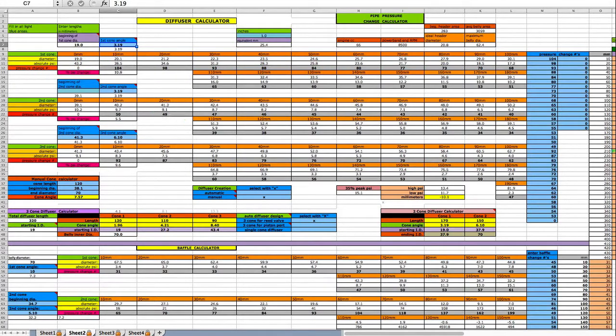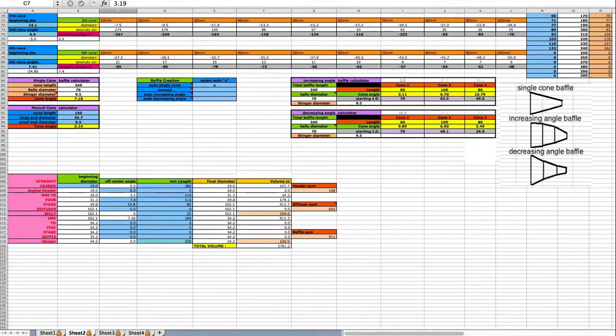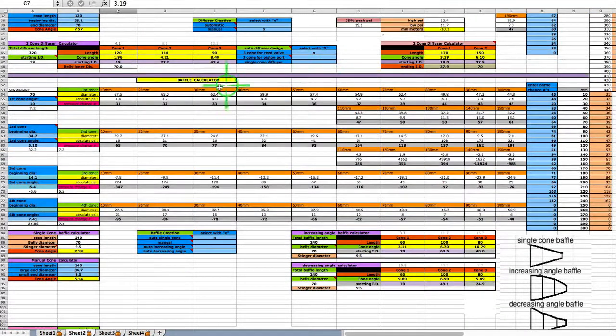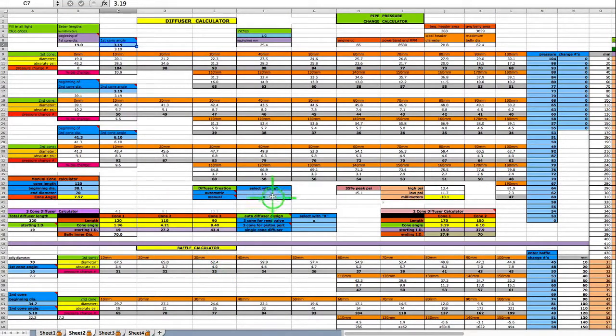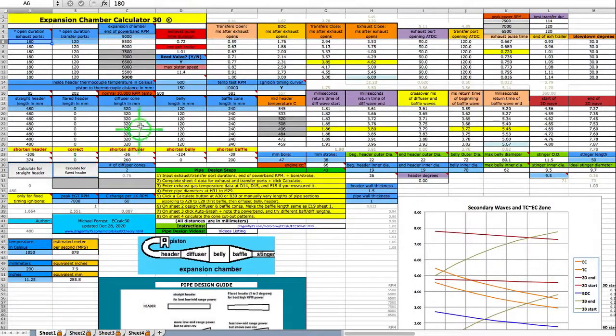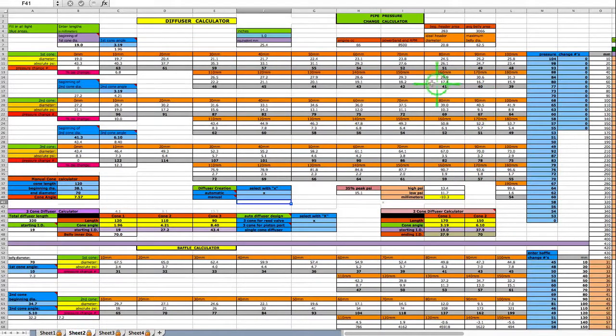this section right here is for the diffuser, and then right here is for the baffle. And you can see it's set on automatic right here, so that's good. And for the diffuser, it's set on manual, so I'm going to put an X for automatic and delete the X for manual. So then whatever length of diffuser and baffle that is right here, either put in manually or calculated by the program, will automatically be calculated here,